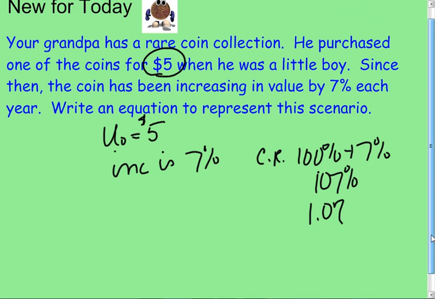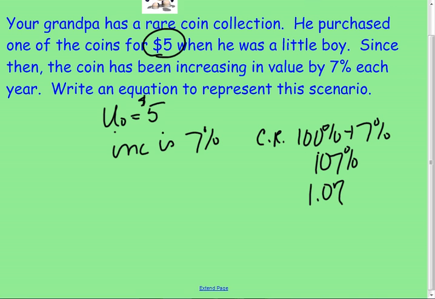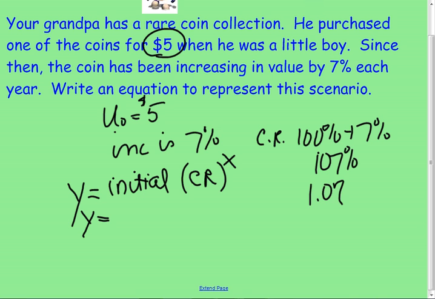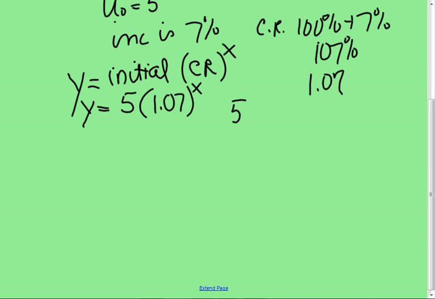Now you just have to write the equation, and they're always the same. The y value, the output, is going to be your initial value. I'm just going to write it in words, times the common ratio to the x power. So it's $5 times 1.07 to the x. So when x is 0, that's your starting value, you get $5. So you get $5, then the next year, you're going to get $5 times 1.07. The next year, it's this value right here